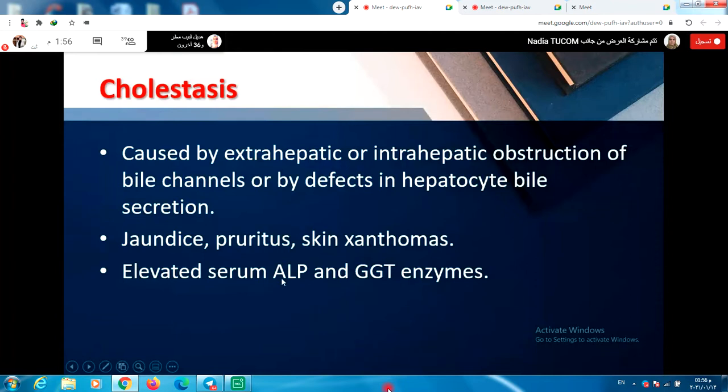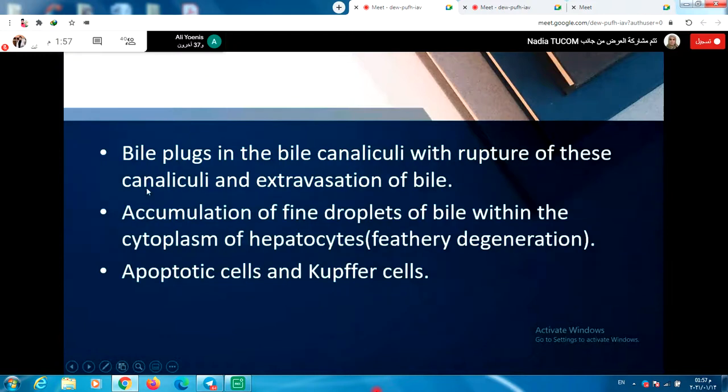ALP, alkaline phosphatase, and GGT are indicators of what? Disease of the bile duct. Yes, biliary canalicular damage, or biliary canalicular disease. Correct. Bile plugs or bile